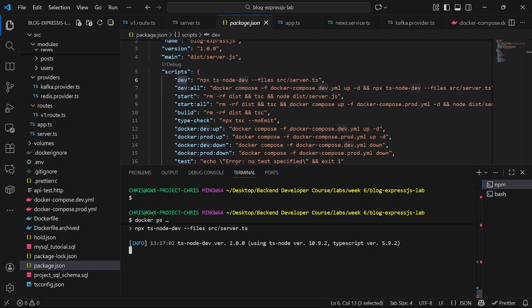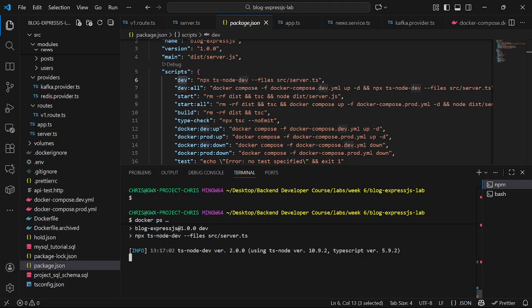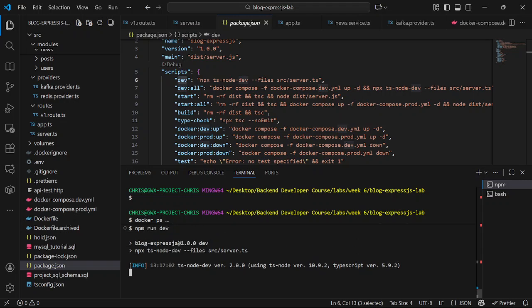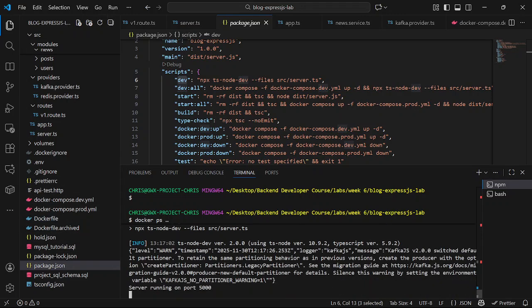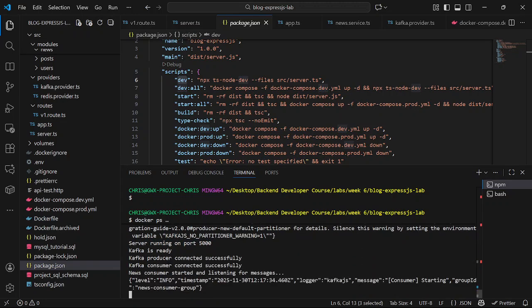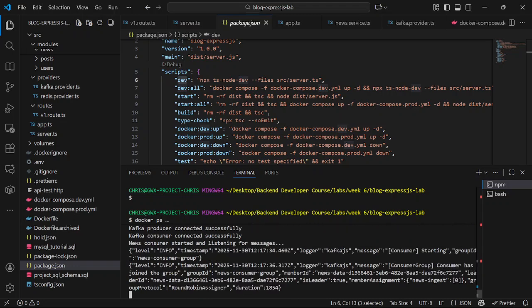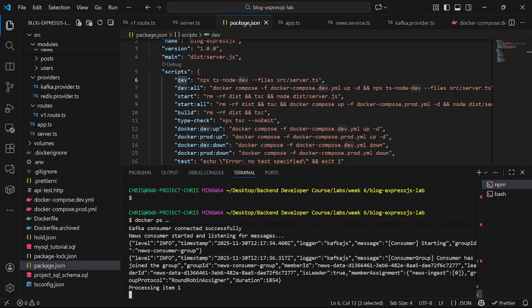Let's see if our app has started. It's still waiting to start. Okay, server is running on port 5000. The app has started, so it's now trying to connect to Kafka. Okay, everything is connected. We are good.